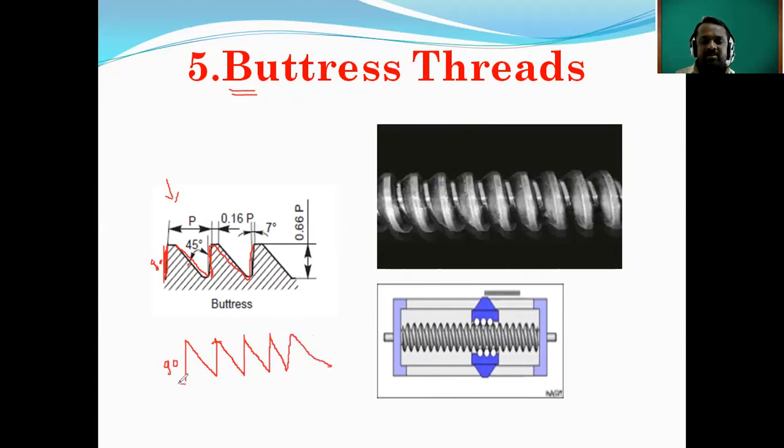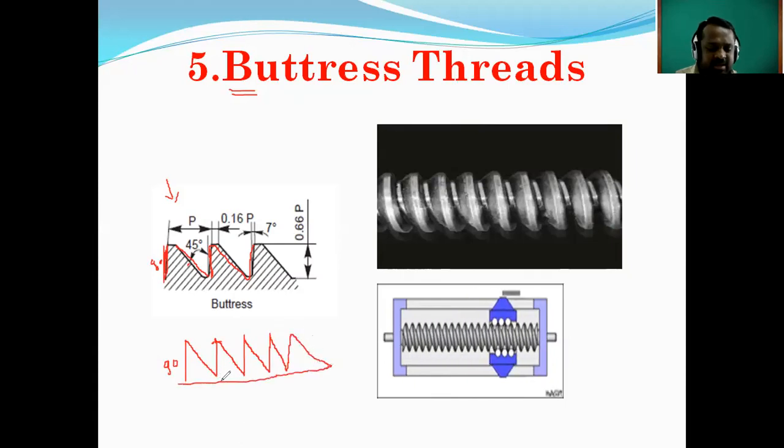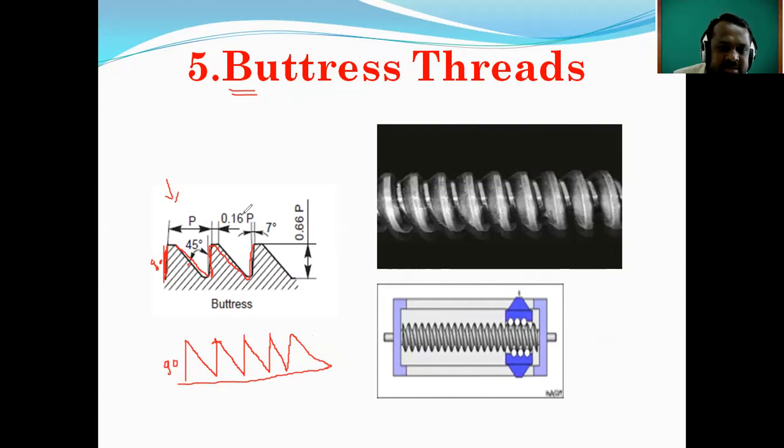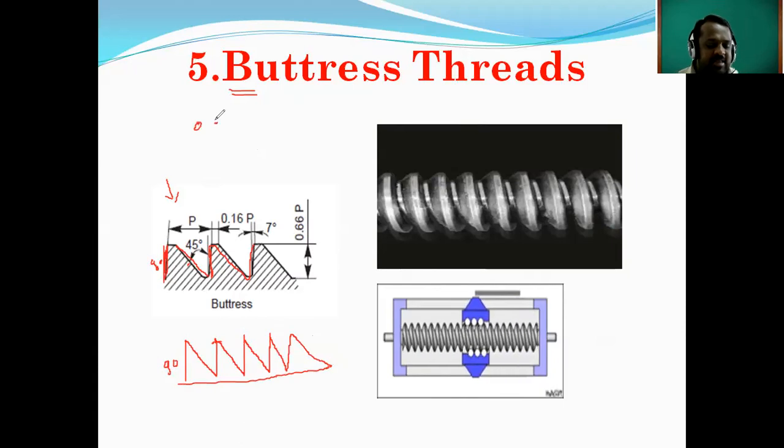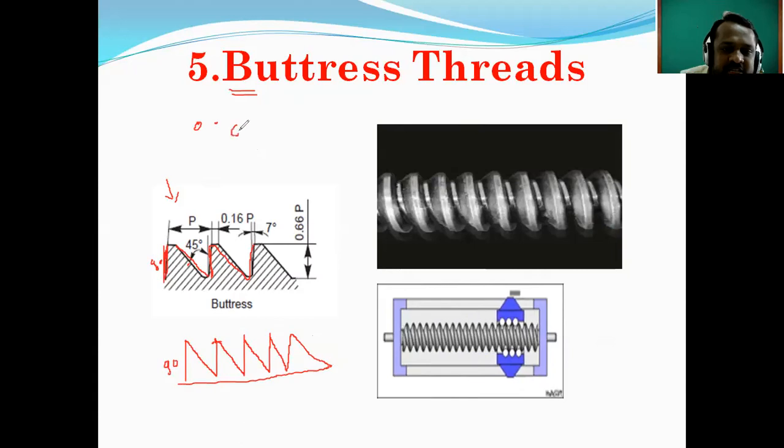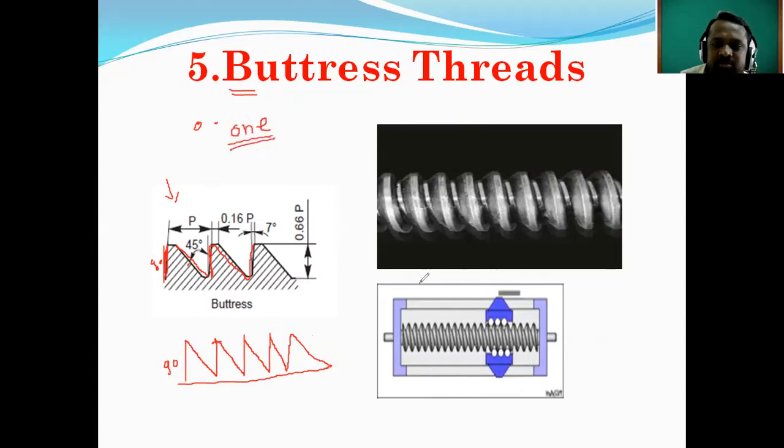Okay, like this arrangement will be there in that buttress thread. Then here it is used, that buttress thread. What is the application of that buttress thread? Generally, that buttress thread is used to transmit the power in only one direction. Suppose we have to transmit the power in only one direction, during that we are using the